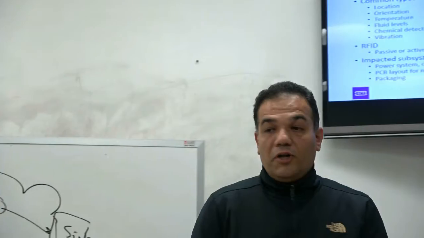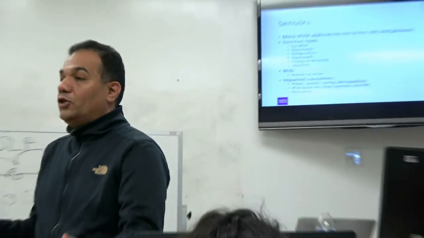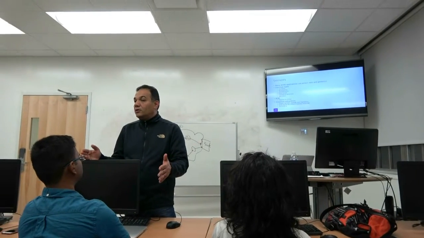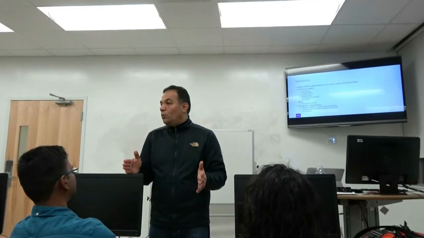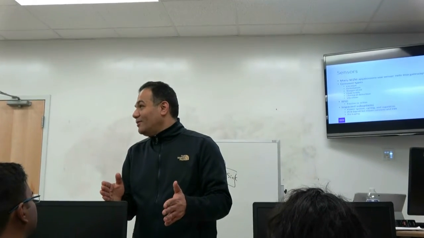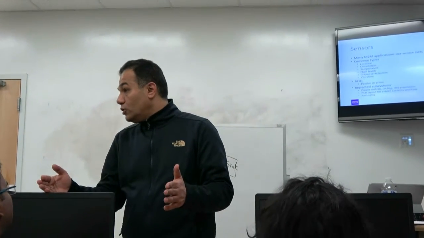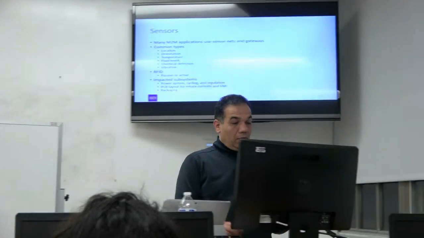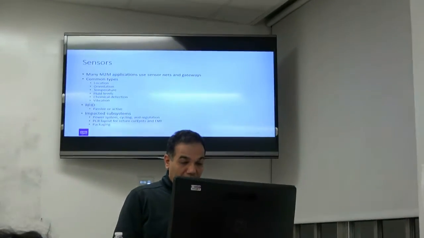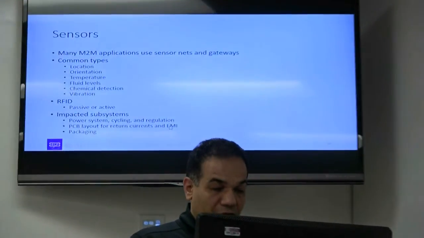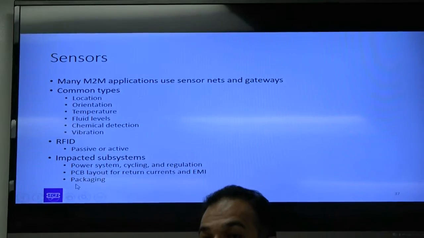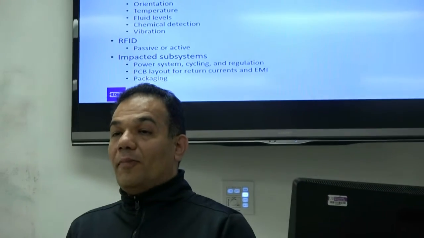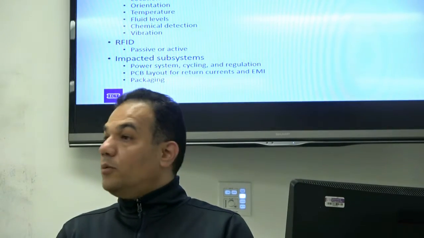Okay, so if you're creating a device that is going to work in a big factory where there are a lot of machines, that means there's a lot of EMI, electromagnetic interference. But for a device that you will use at home, you don't have a lot of electromagnetic devices, right? So this is a big issue that you have to handle. We spoke about the power system, cycling and regulations, interference, and packaging. You could reduce the EMI by the kind of packaging. So you need a beautiful packaging, or you need a working packaging with an application.